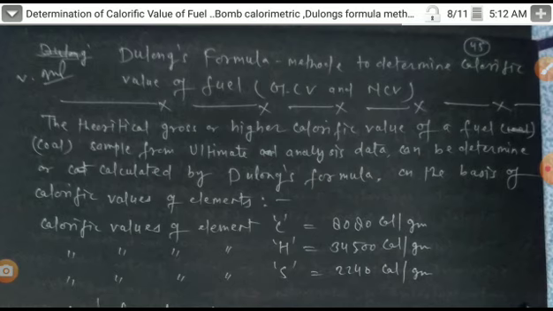How can you determine the calorific value of a particular fuel, just like a coal sample? If the percentage value of constituent elements is given, then you can calculate the calorific value of a fuel. Mainly the GCV and HCV both can be calculated by using a formula, if the percentage value of the elemental composition is given in a particular fuel, just like coal.